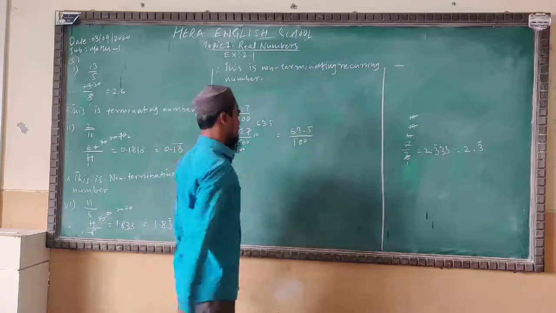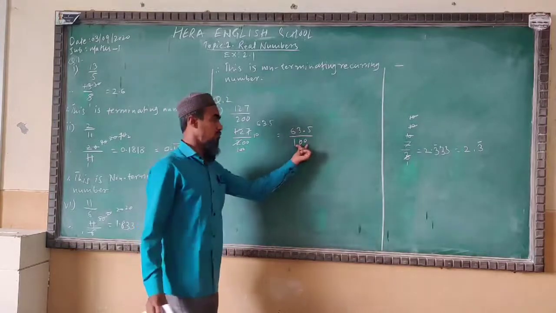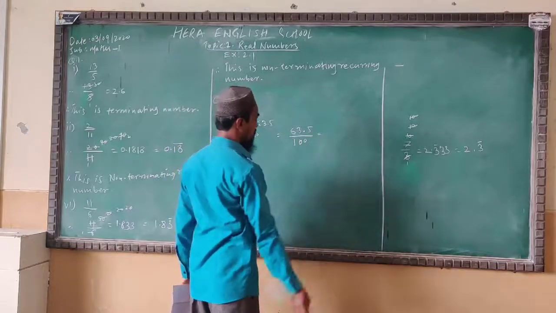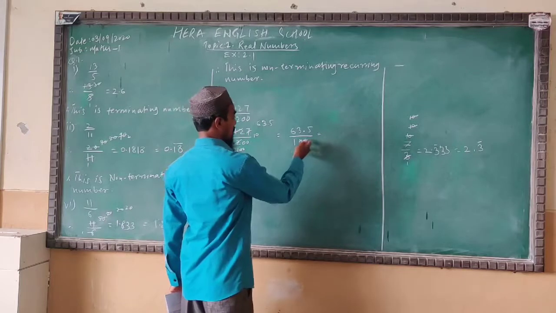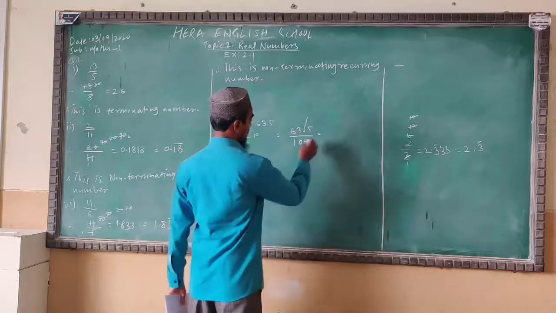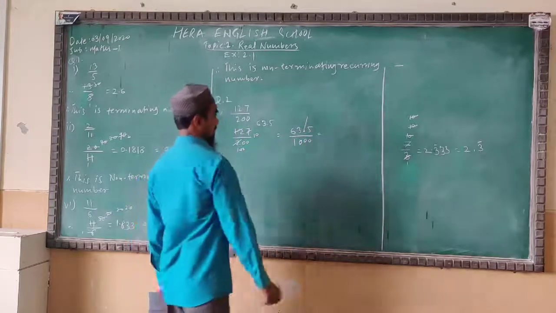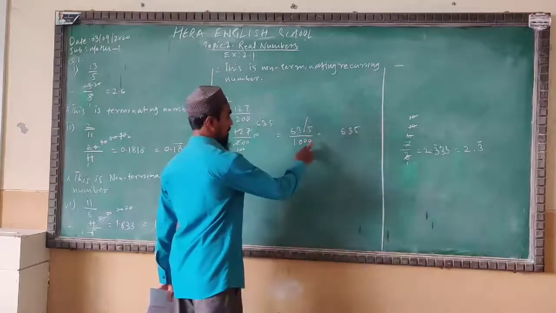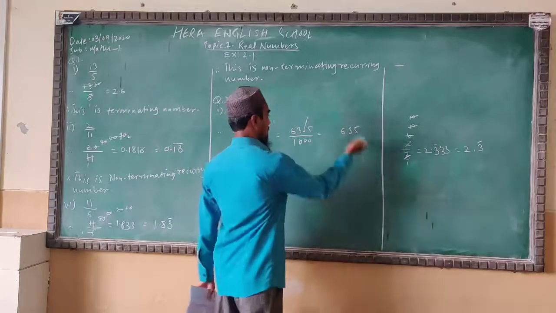Here is the one decimal upside and downside we have the 0s. How many 0s? 2 zeros. So we will convert it completely into a decimal number by cancelling. If you are cancelling the 1 decimal you will have 1 more 0 on the downside. To get the actual number 635 we will write as it is. Here we have 3 zeros. So we will take the decimal number after 3.